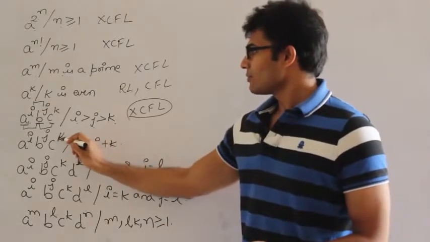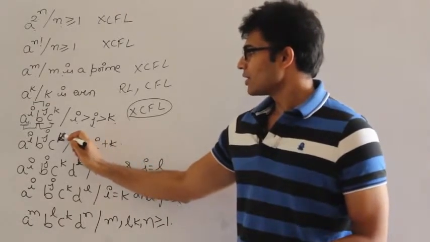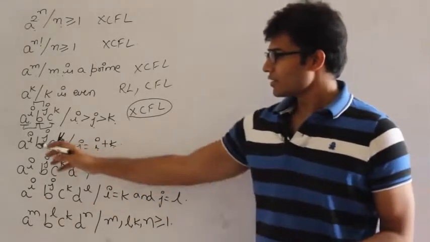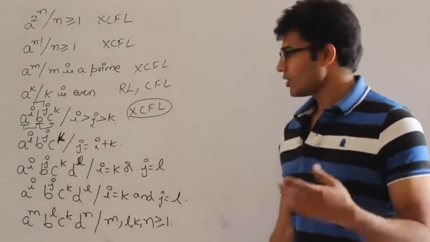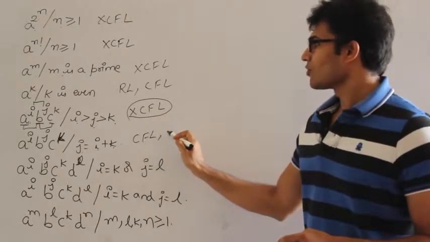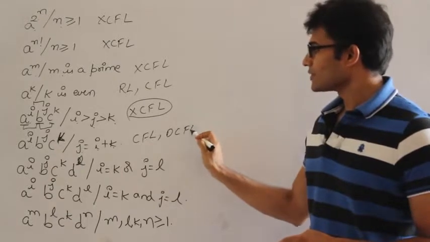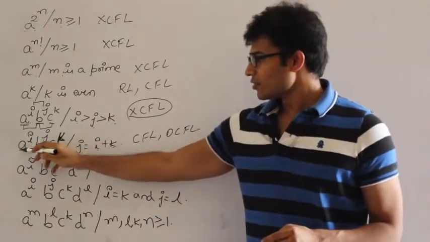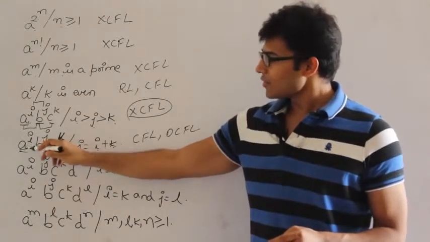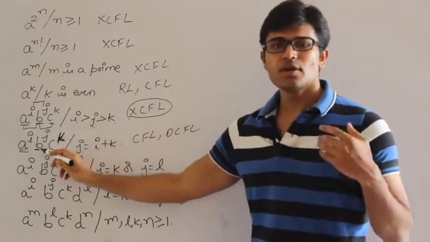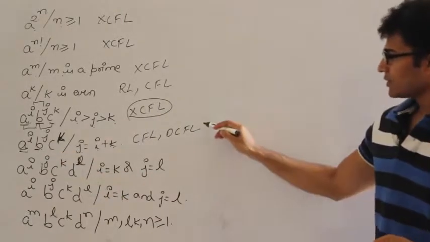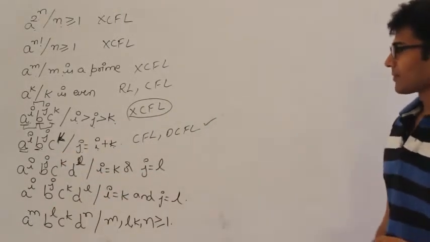Now a power i, b power j, c power k in such a way that j = i + k. So definitely this is context free, which we have seen. We have already seen examples for that. It is a context free language, and moreover a deterministic context free language. The reason is, for a's we are going to push a's, and for b's we keep on popping a's, and once all a's are over, we know that we have to push b's. Therefore it is very deterministic. So this is a deterministic context free language.